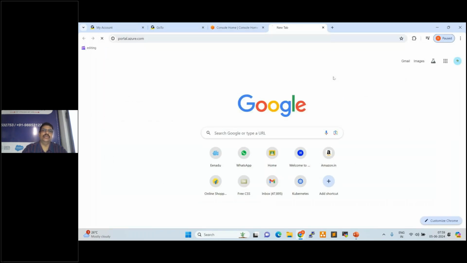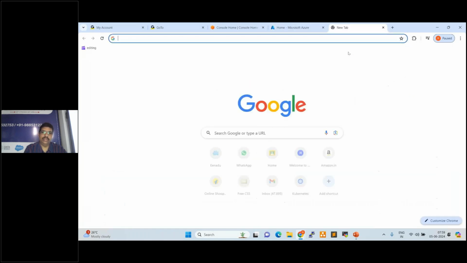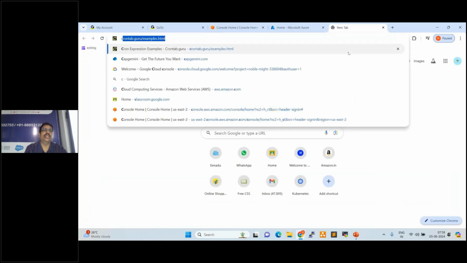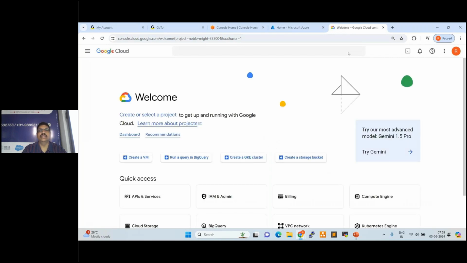This is the Azure platform, and this is GCP. Terminology is a little different.